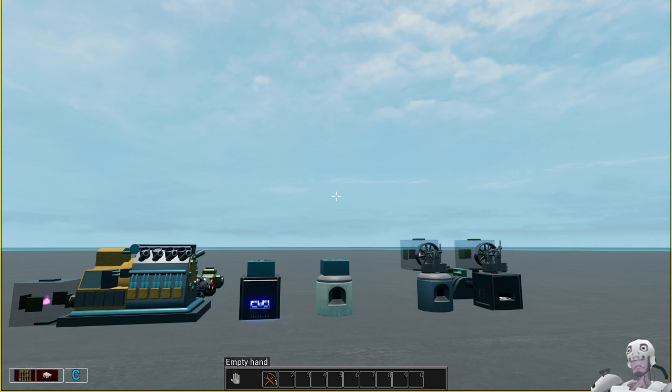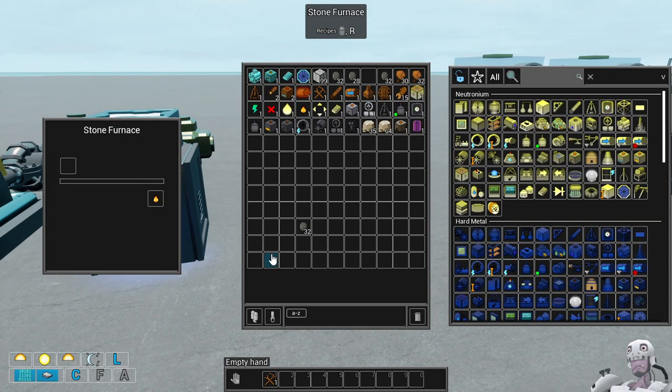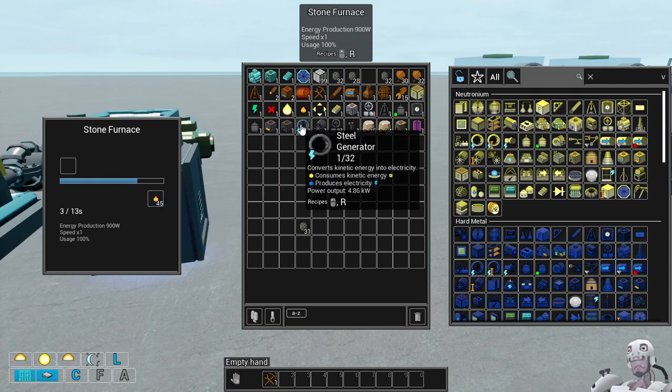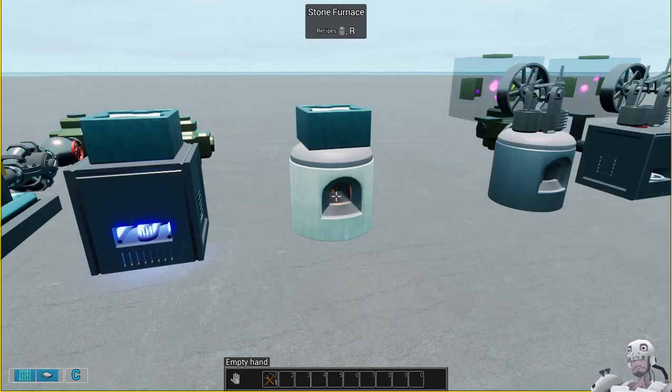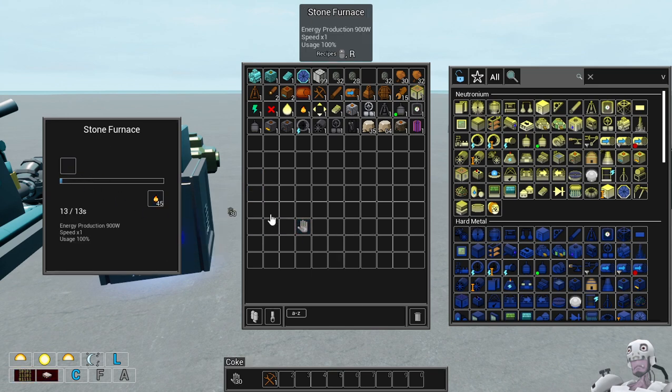A producer is something that takes fuel or some resources and turns it into something. The most basic one is the simple stone furnace, where you place coal, coke, or wood, and it's going to burn and generate heat. So it is producing stuff. I won't use the term generator because we already have generators, so it might be confusing. As I show you, we have the stone furnace that takes any type of fuel and converts it